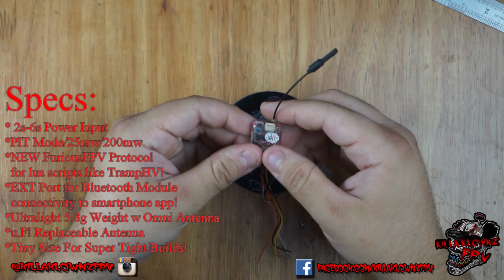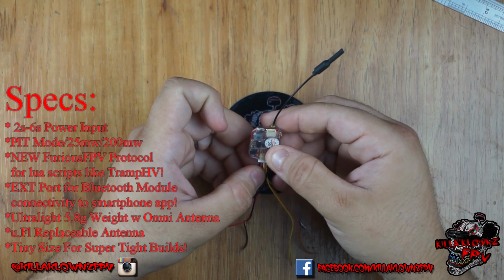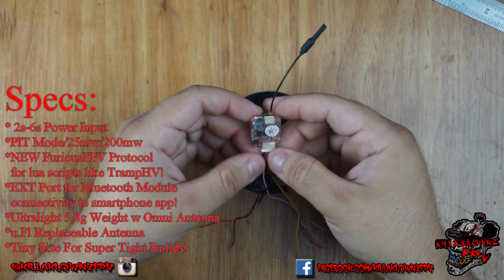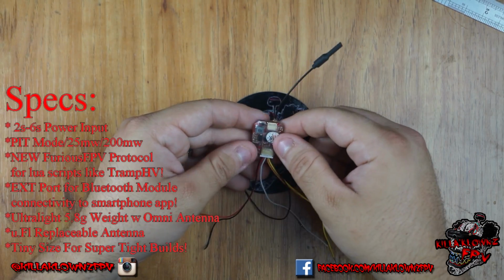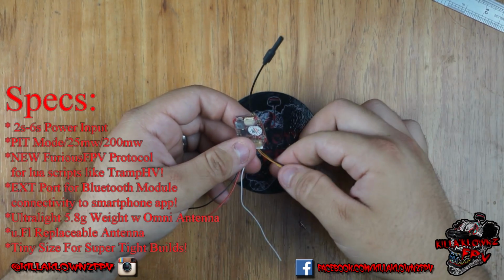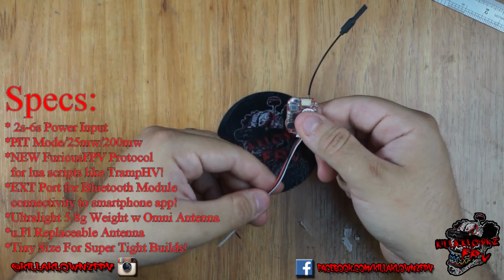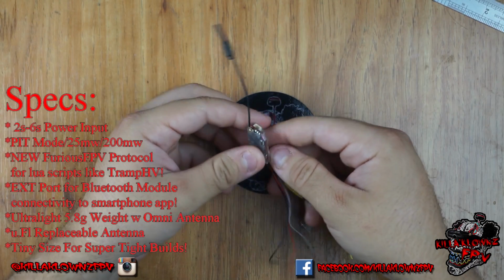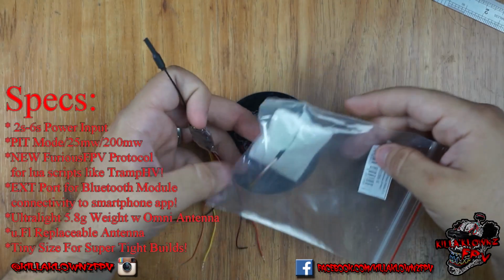Wait, actually no, it is the white one. So the white one is the TX wire, which goes to, as I said, the TX4 pin on the F4 or whatever you're going to be using. And then you have your power, video, and ground. That's for the cam, and then this is what actually goes to your LiPo or PDB or whatever it is you're using. Now this standard does come with the whip, but again, it should come with, I believe,